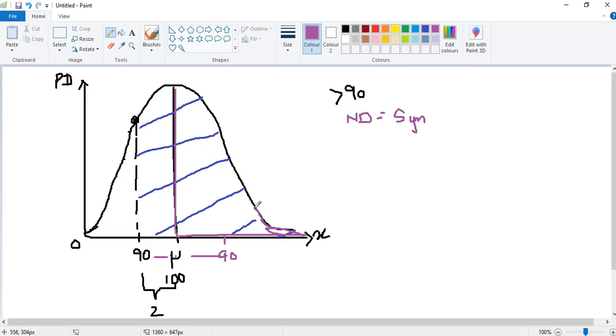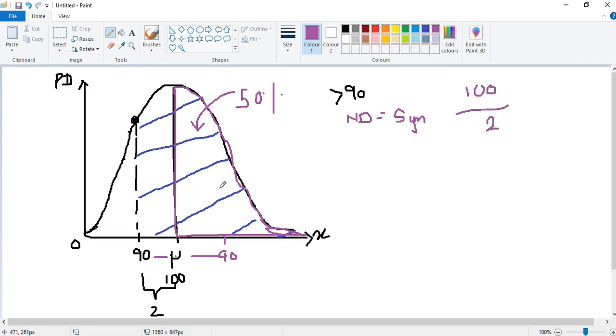Since we consider all values this side, we know the maximum probability of all the values of one side is only 50%. It will never be more than 50%. Make a note of it. The maximum probability value from one side is a maximum of 50%. It will never be more than 50% because 50% this side and 50% this side only will give 100%. There is no equal breakdown to 100 because 100 can be equally divided only by 2. No?